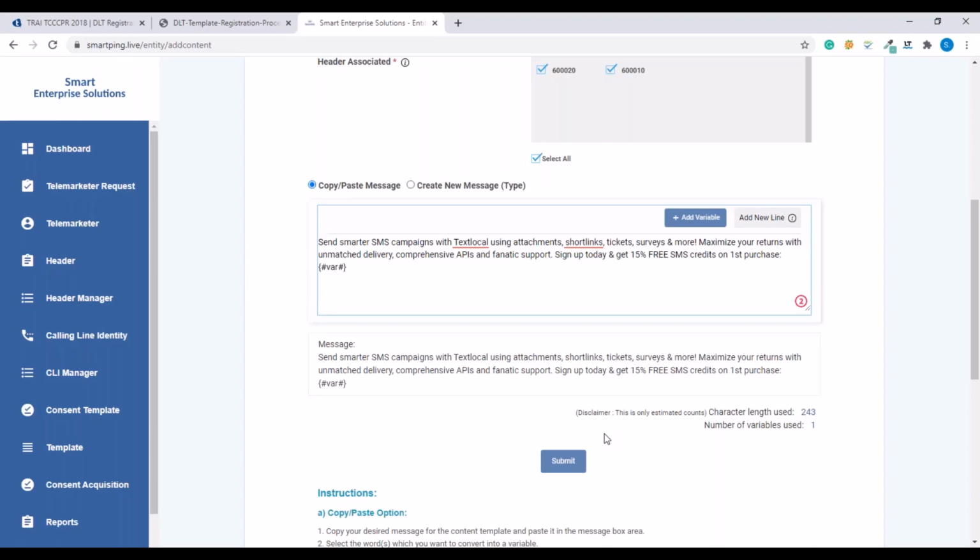There are a few things that you need to note while making these content templates, and all of those validations have also been given in the guides. One of the major reasons that we see the content templates get rejected is because there are additional spaces in the content template. So please ensure there are no additional spaces, which means there should not be 2 or more spaces in between words in your template.